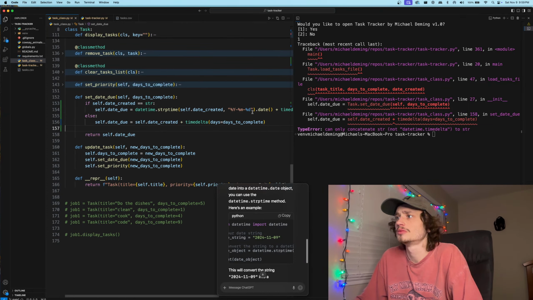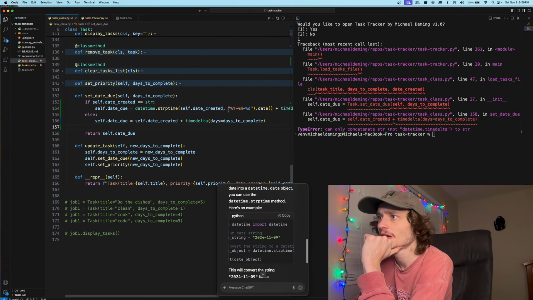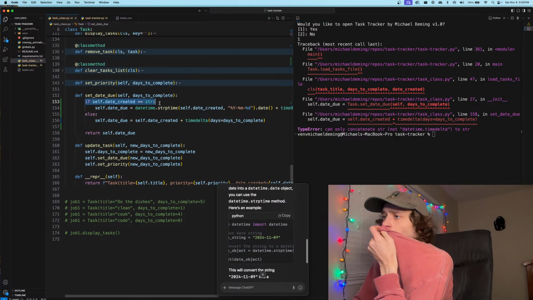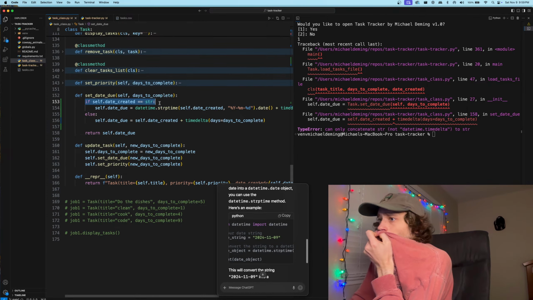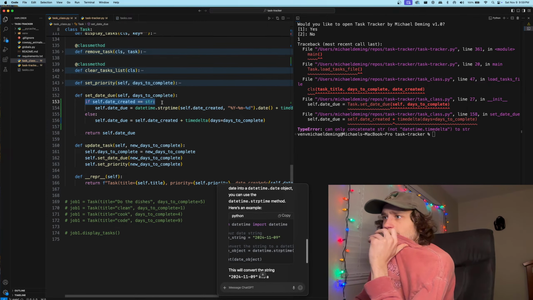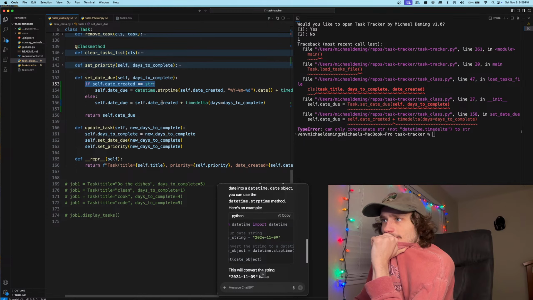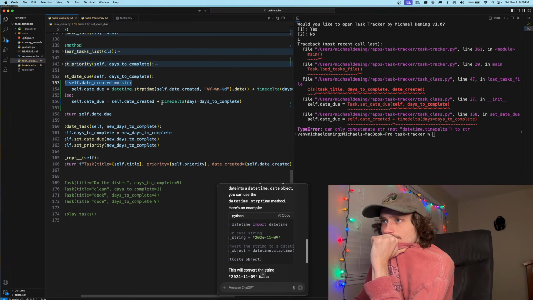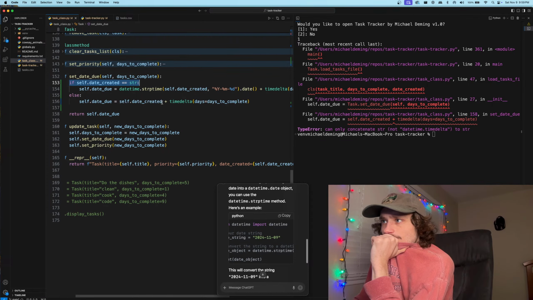So if it equals a string, meaning that it was found previously, it was a preloaded, pre-existing task. We want to take the string